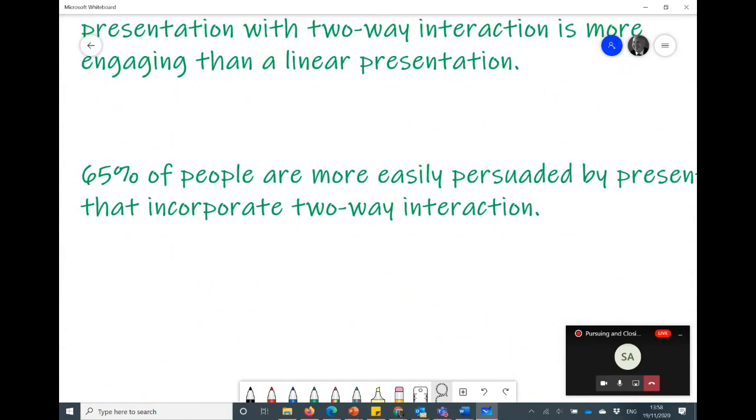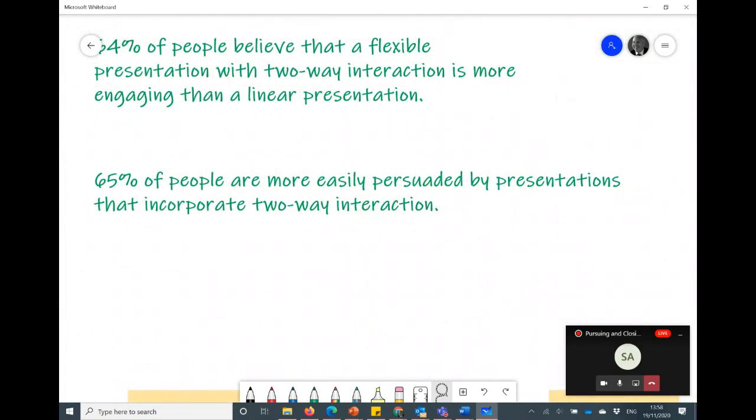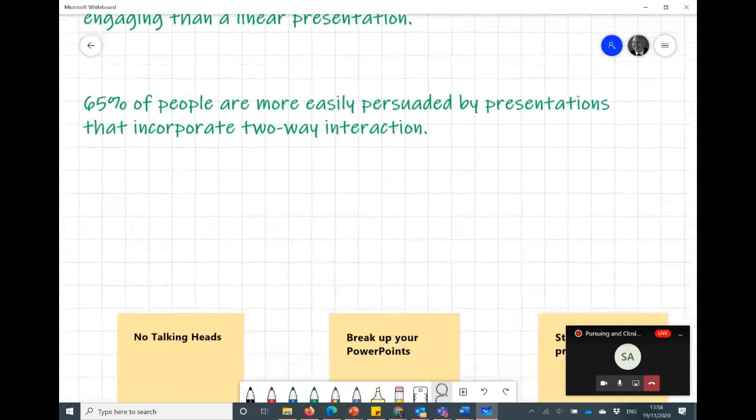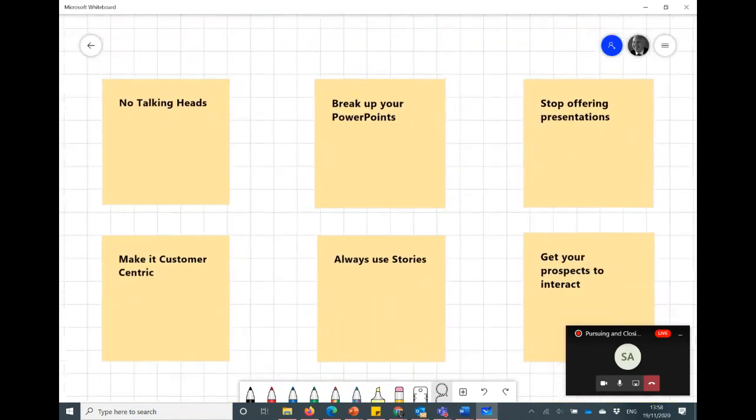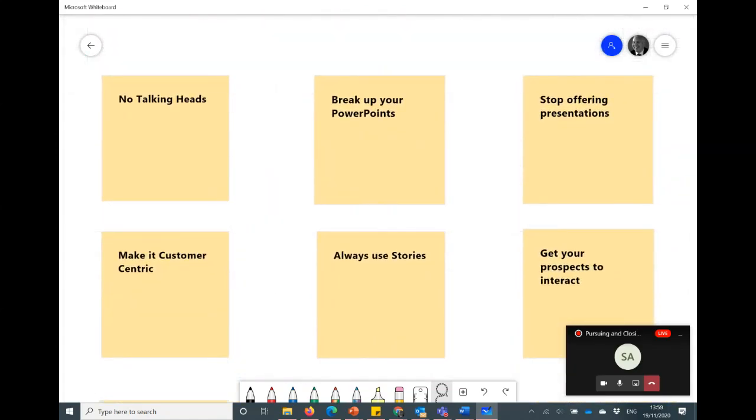65% of people are more easily persuaded by presentations that incorporate two-way interaction. Sorry, I just covered that. Just to summarize: no talking heads. Break up your PowerPoints with videos and whiteboards. Stop offering presentations. I never offer presentations, and strangely enough, people very rarely ask, because we can structure the sales conversation in a way that they don't feel they need one.